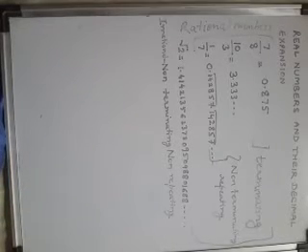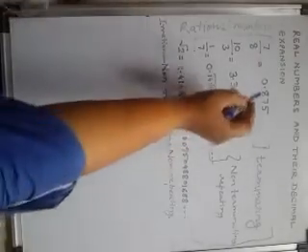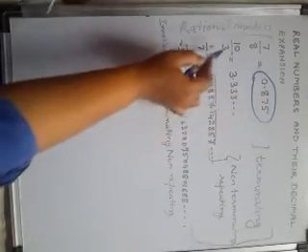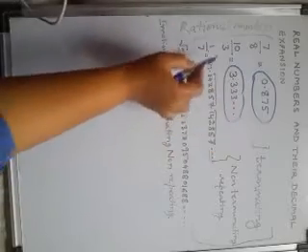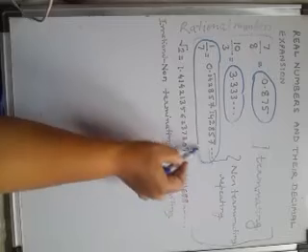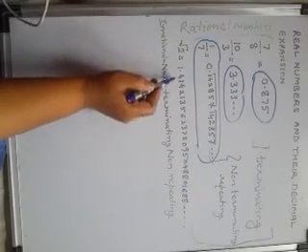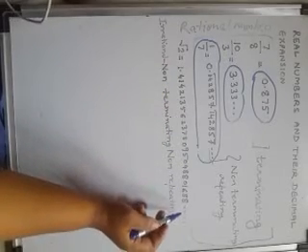For example, here you can see 7 upon 8. This is equal to 0.875. Similarly, 10 upon 3 is equal to 3.33333. 1 upon 7, if you divide, you get like this. And root 2, its decimal expansion is so long and it continues. You can try.